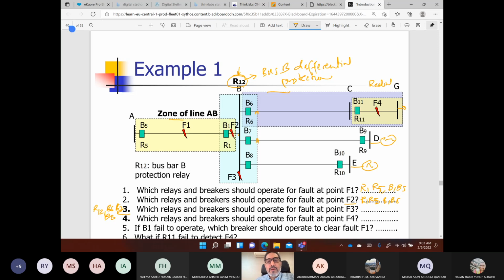How does it know where the relay's limits are? Here, the locations of the CTs that feed currents to R12. So the CT locations are here. Based on this, the relay will declare faults within the bus bar and will give commands to trip the breakers connected to the bus bar. Okay, so in this case